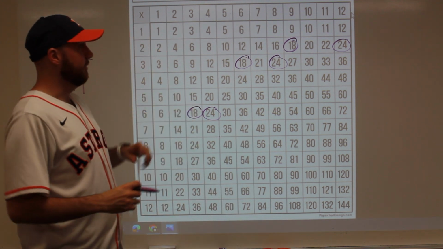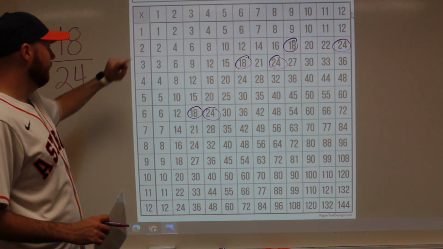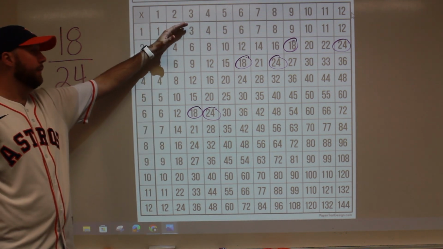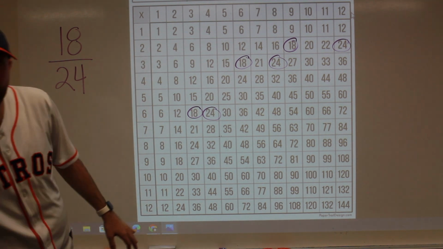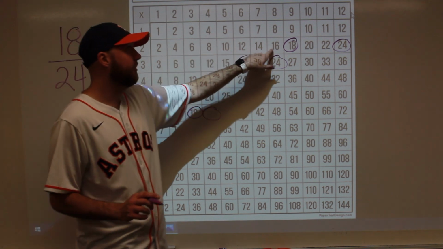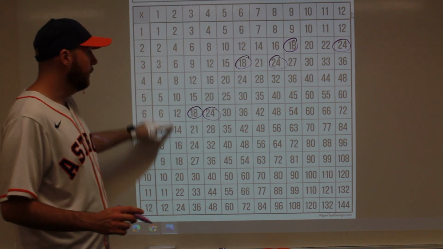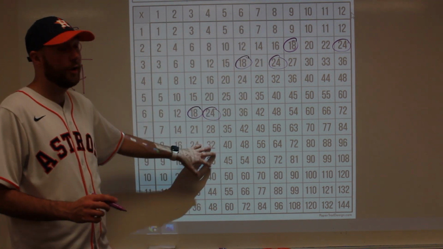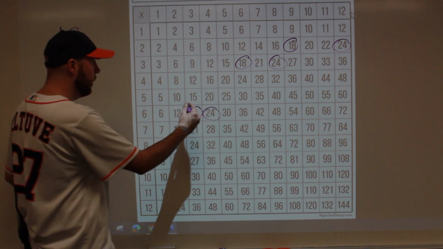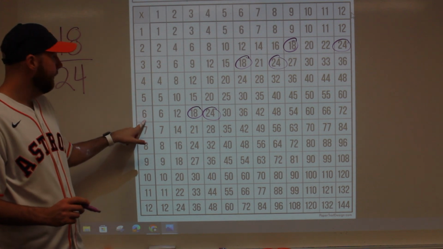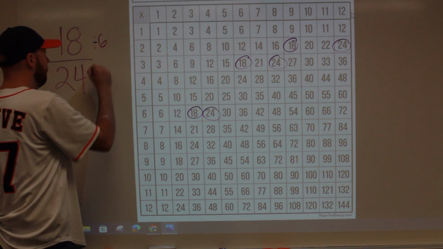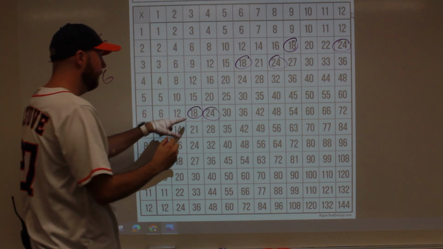So what this is basically saying is that it could be simplified by the number 2, by 3, by 6, right? We're going to go to the bottom, the row that is closest to the bottom, because that's going to get us our result the fastest, okay? Because if we do this, we're going to have to simplify again. So when we go to the bottom, these are, again, the greatest common factors. So what we're going to do when we find these to get our answer is we're going to go up. So basically what this is saying is they're divisible by 6, right? So we can divide both of them by 6. Okay, and if we just go up,